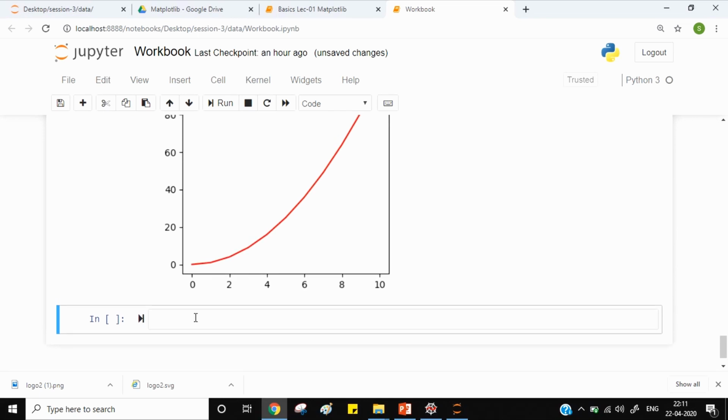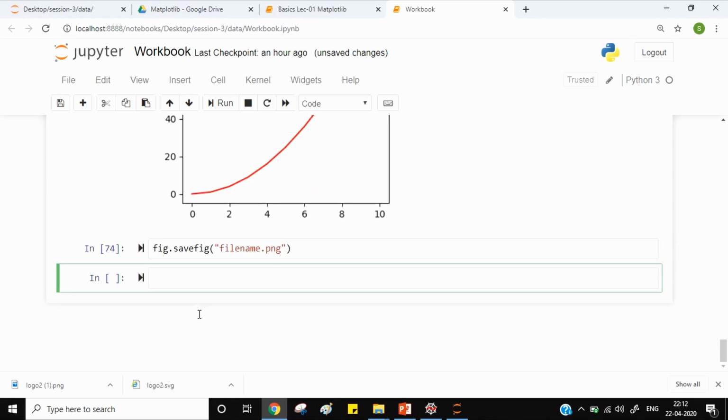Now if you want to save this plot, you can use the savefig method and give the file name. Say I'll use filename.png.